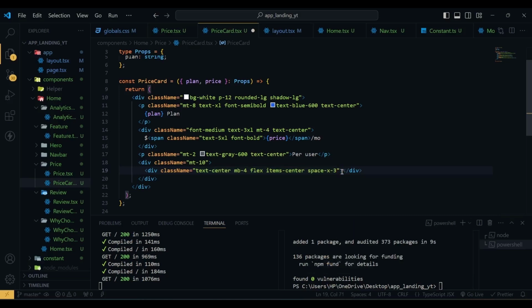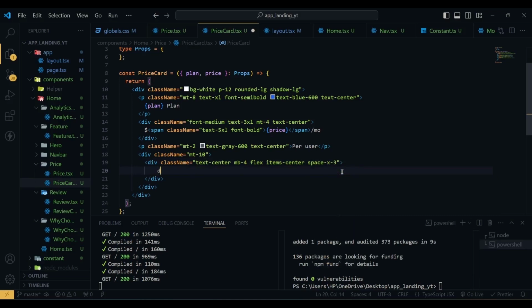And then inside this div we first have another div with class name of text center,